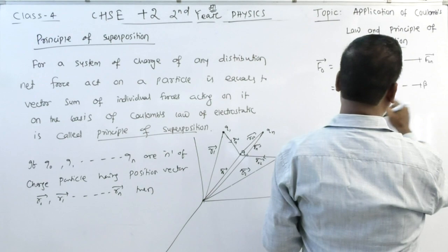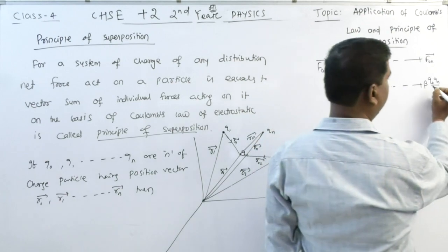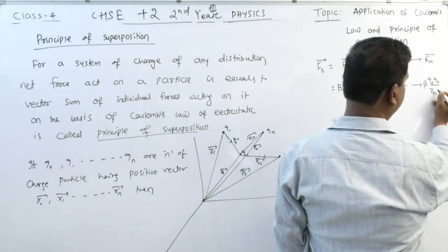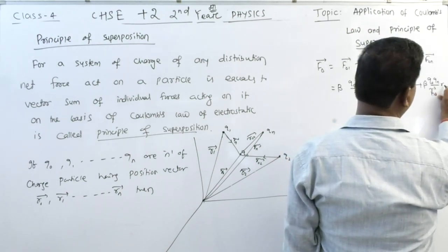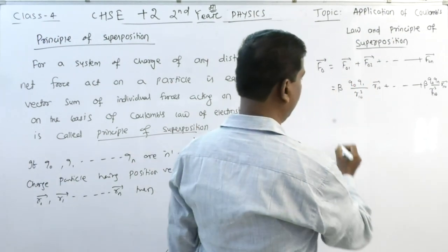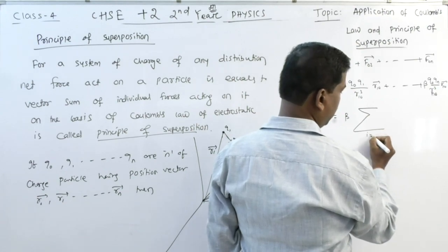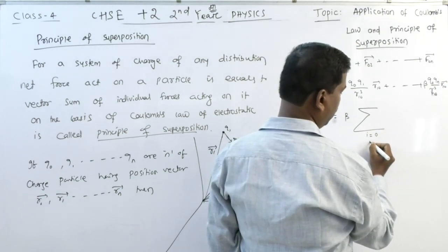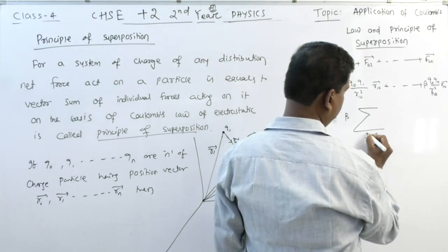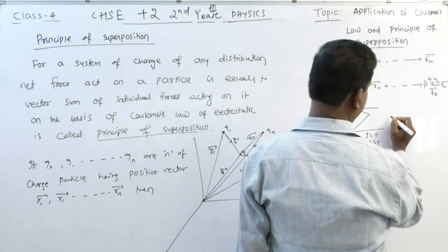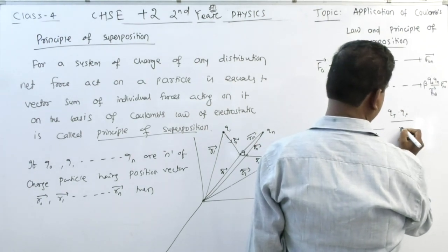Similarly, beta Q0 Qn by Rn0 squared into Rn0 vector, or I can write it as beta, i is equal to 0, j greater than i, Qj Qi by